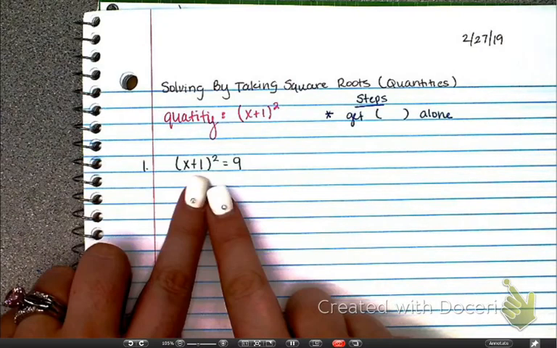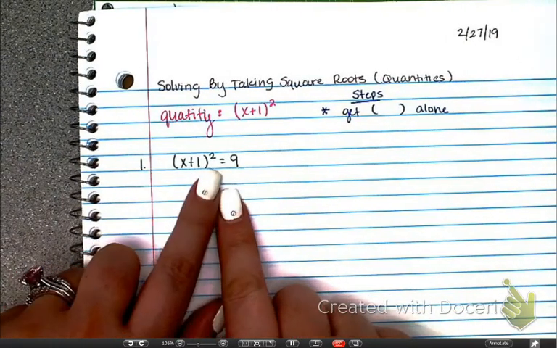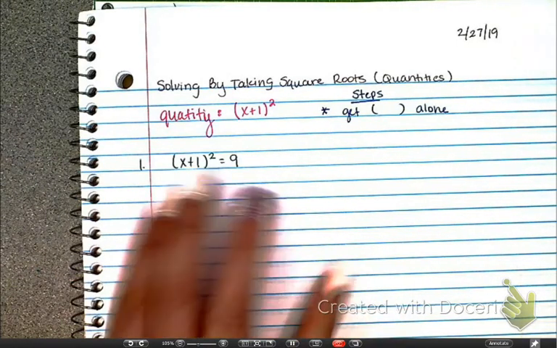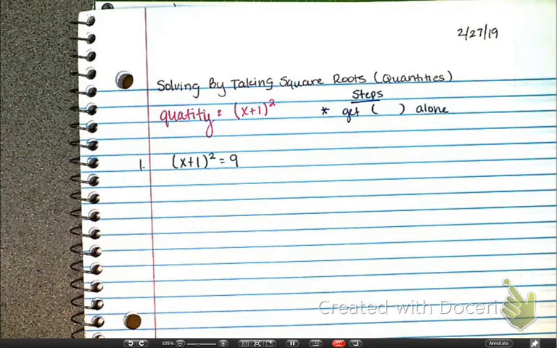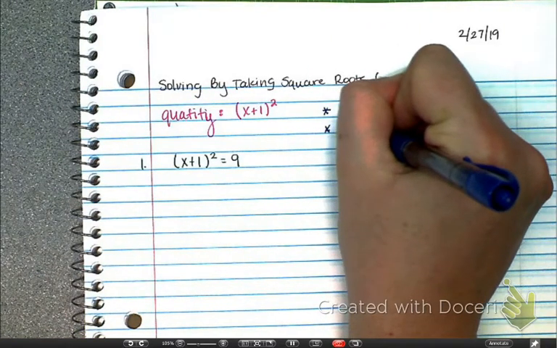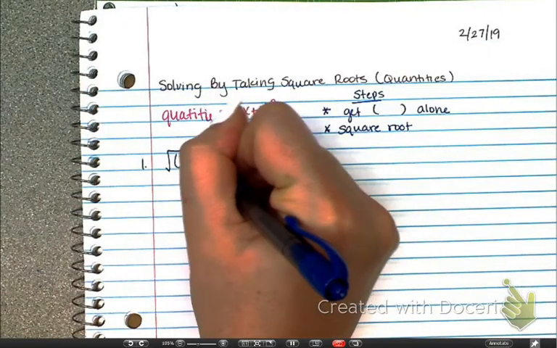Now, here, is there anything multiplied out front? No. Is there anything added or subtracted at the end? No. So our parentheses are alone. That's what it should look like. Step 2 is going to be to take the square root, just like we've been doing. So if I take the square root of both sides,